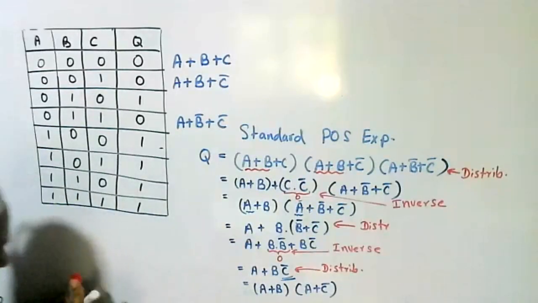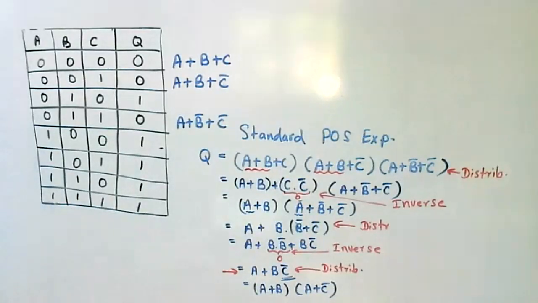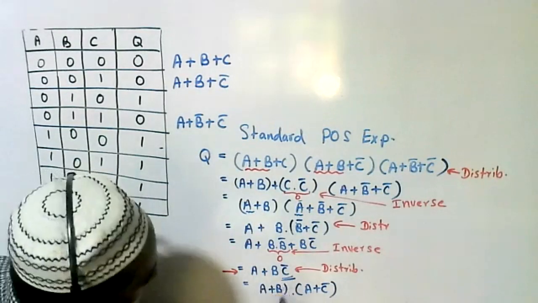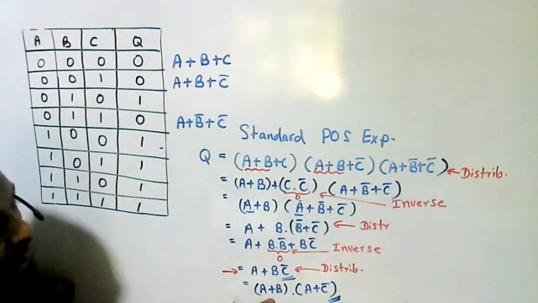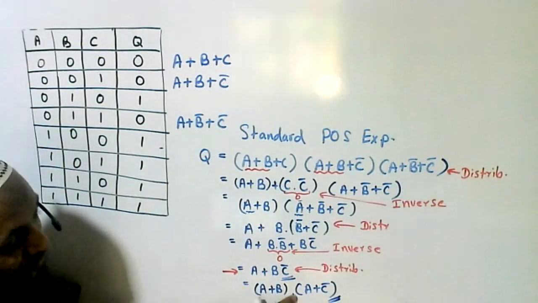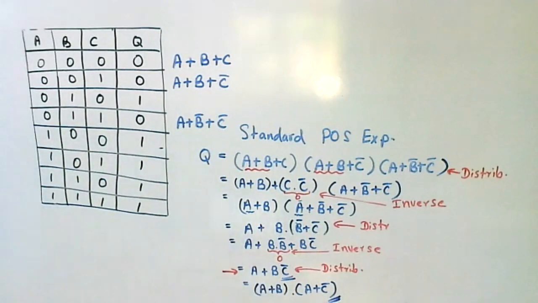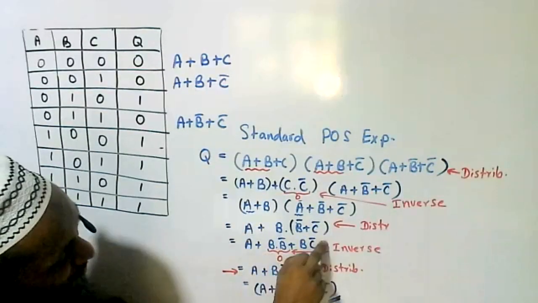By using the distributive law again, we can make it like this. Last week, we stopped here. So we can simplify like this. Now there is no need for brackets here. So this is a POS expression, product of sums: sums are there and product. Clear? So we can take B bar + B and B bar and C bar separately.